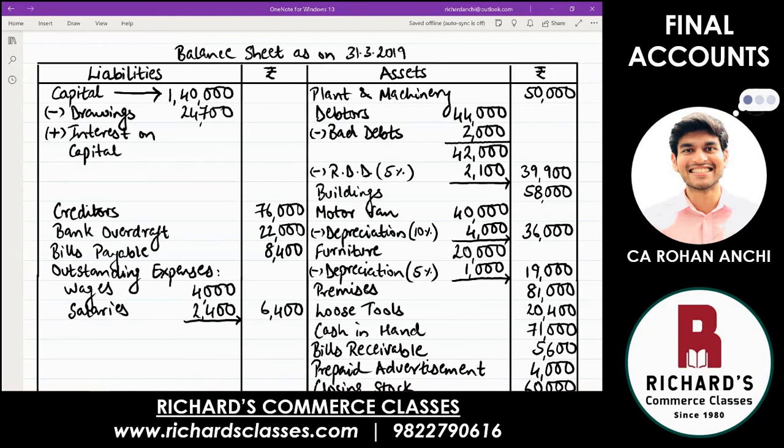And we will calculate now interest on capital. It is at the rate of 10% for the full year. So on 1,40,000, what is 10% of that amount? 14,000. So you will add 14,000 under capital and continue writing in the inner column because other adjustments are